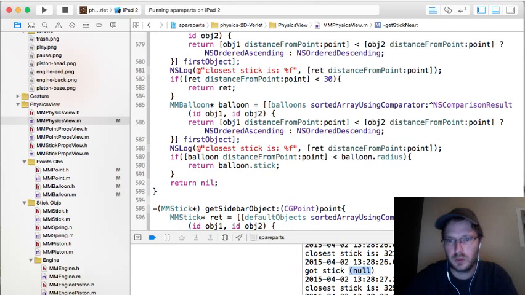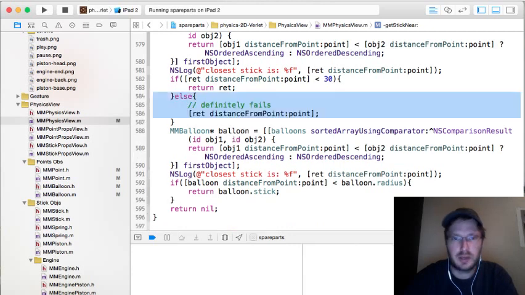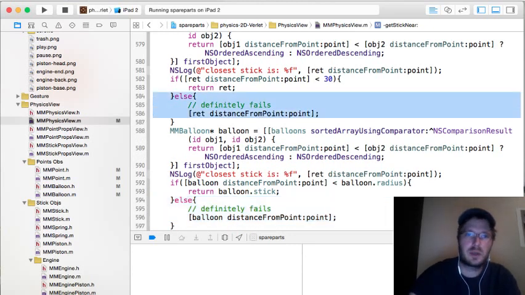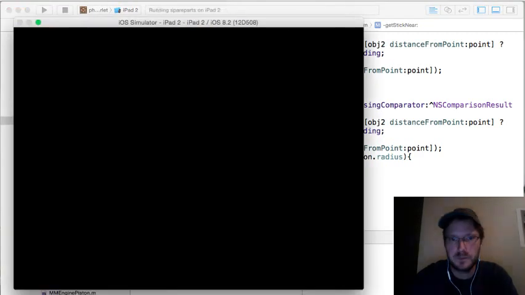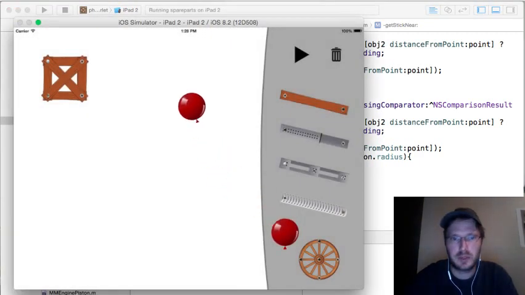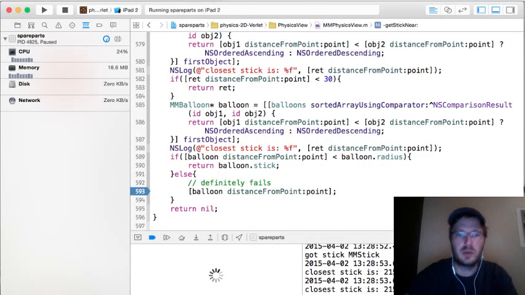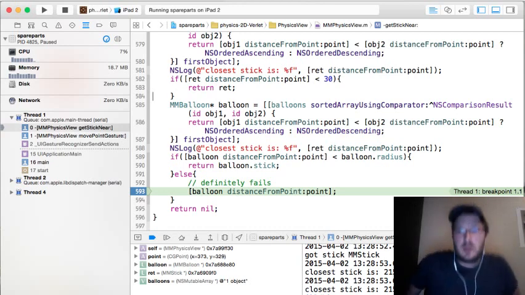On a balloon. So let's check that out. This guy we don't care about, but this guy we do. Right, where it definitely fails. That should never happen, because I'm always clicking inside of the balloon. That failure, and figure out what is going on. Here we go. Okay, so the point we play,